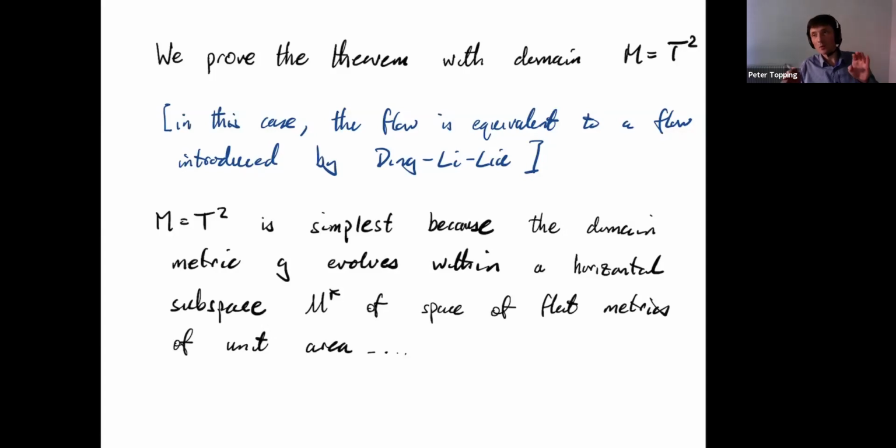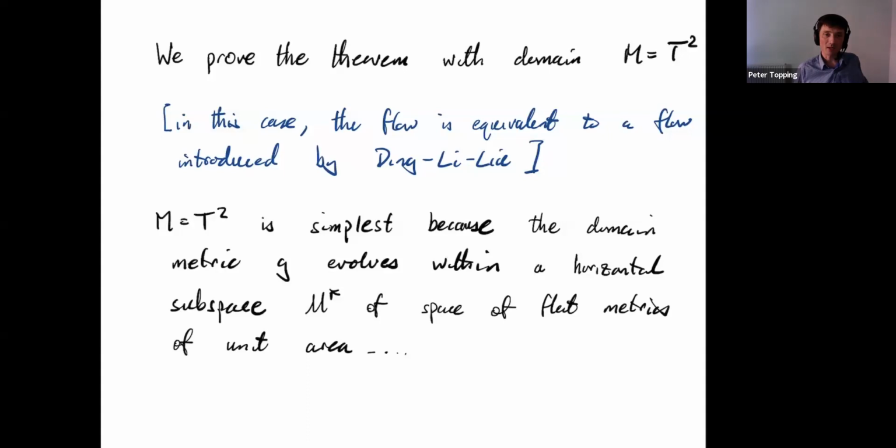So in our flow, the way it's set up, the reason why we took G to vary in a horizontal direction is because the space of horizontal directions is actually finite dimensional. So at each G, there's a plane, it's actually a finite dimensional subspace of horizontal directions. Unfortunately, that distribution of planes is not integrable. So when you start moving around, then you might come back to the same metric, but modified by a diffeomorphism.